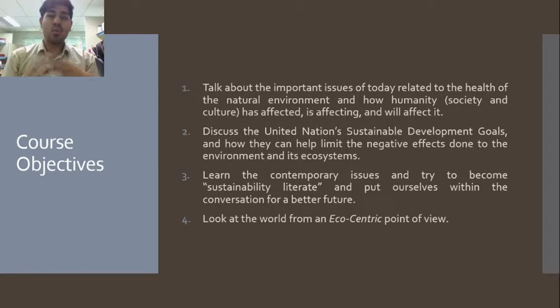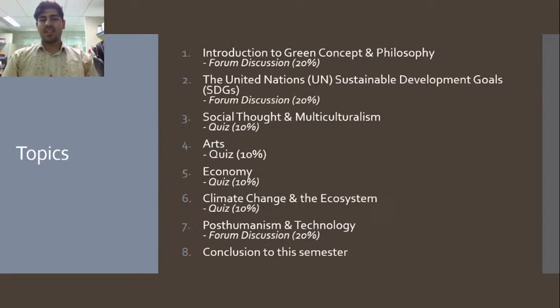We have to understand that we are a part of nature, and that all our cities, industry, technology, that is also a part of nature. We cannot live away from it. We cannot live separate from it. And the sooner we realize that we are a part of it, then we will also realize that by taking care of our ecosystems, by taking care of our environments, we are also in the long run taking care of ourselves and also our future generations. So that is kind of the perspective we want to go about in this course, so that in your future courses you will be looking at these things the same way.